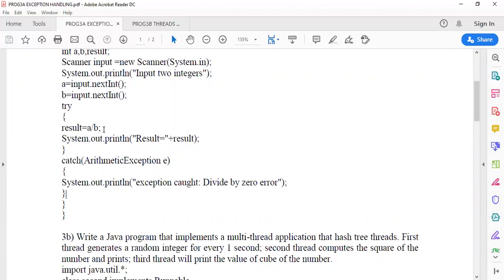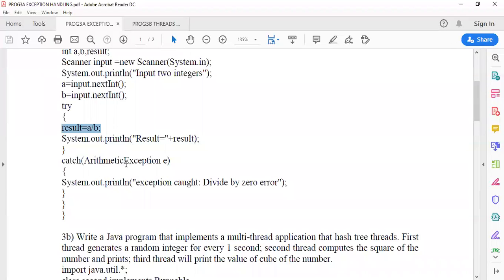Students, observe carefully. I am telling the advantage of using the try and catch clause. When this particular line generates an error, suppose your b value is 0, then further statements in the program are not executed. The program is terminated abnormally. We don't want this to happen.